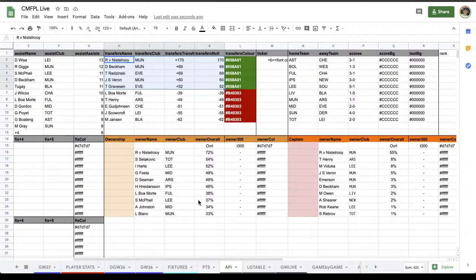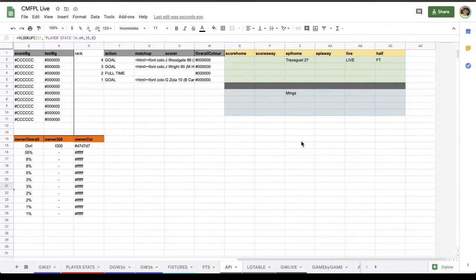So as soon as all of those come in, I update them, change the ownership numbers, change the captaincy numbers, and again, that's it. Don't need to touch them. They will rotate round on the graphics. Simple as you like. So the last little bit over here, which updates itself automatically,